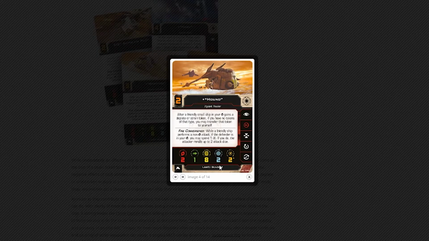Hound is a PS2. After a friendly small ship in your turret arc gains a deplete or strain token, if you have no tokens of that type, you may transfer that token to yourself. Okay, I get what they're going for here, but the dial, like we said earlier, has only 2 blue maneuvers, so unless this thing is like,